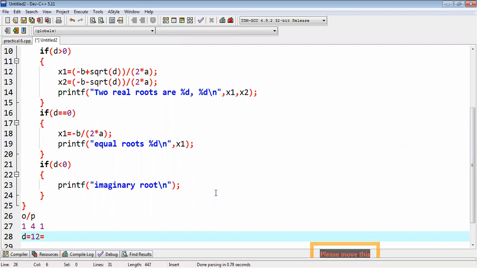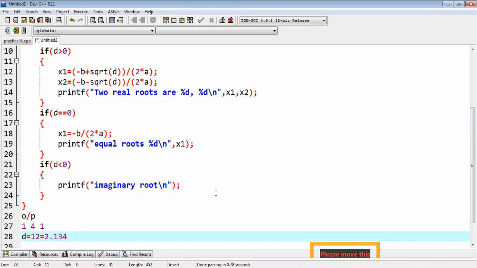12 का square root कितना होगा? 2, 2 जा 4, 4, 4 3 ja 12. That means you will get 2 root 3. Root 3 value will be 1 point something. So you will get 2 root 3, ma'am. 2 point something. 2 point something, na? 2.13. Yeah, we have to take float for that.